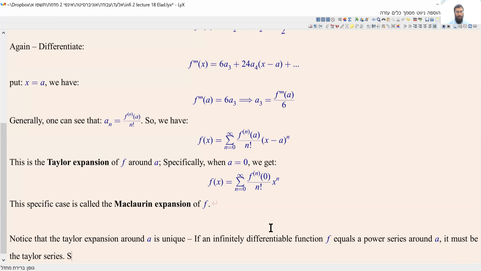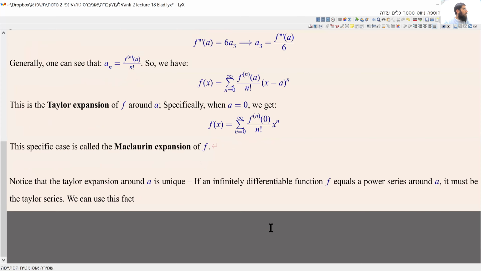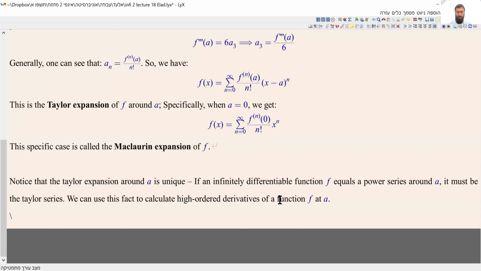So first of all, we can use this fact, and that's the kind of question lecturers like to put in the final exams. We can use this fact to calculate derivatives or high order derivatives of function f at a. For example,